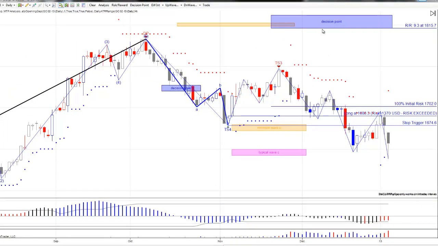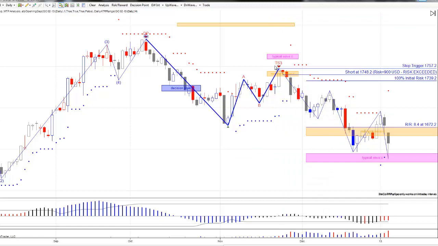Right, there was a target, but in between an ABC pattern developed here. Our STF was neutral, and so it was a valid sell signal to the downside here. It was quite a healthy target of 8R that was achieved,